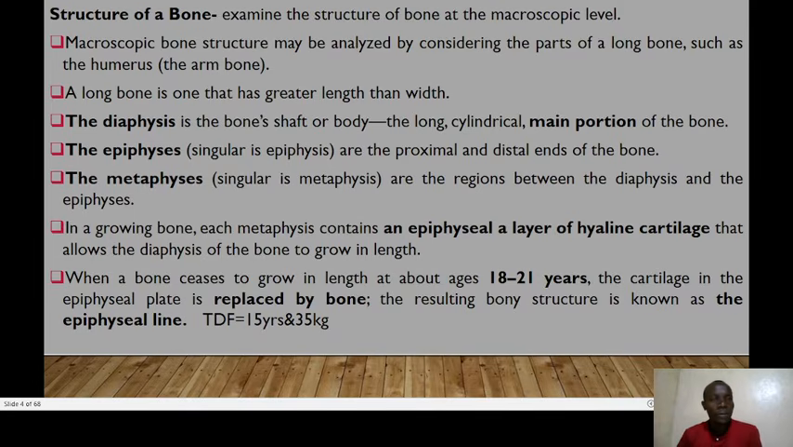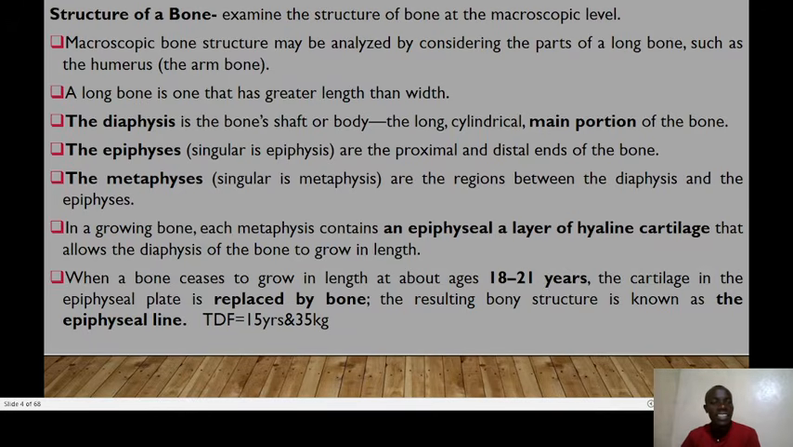Looking at the structure of a bone, we will be starting with the macroscopic view, and the microscopic view will be analyzed by considering the parts of a long bone. Here we will be taking the humerus, the arm bone, as the example. A long bone is defined as a bone that has greater length than width. Okay? So one of the major parts of it is the